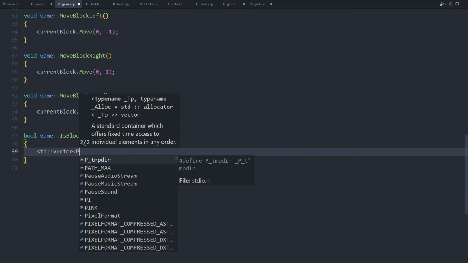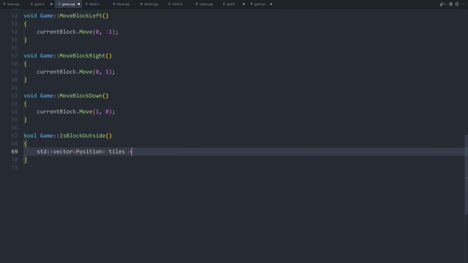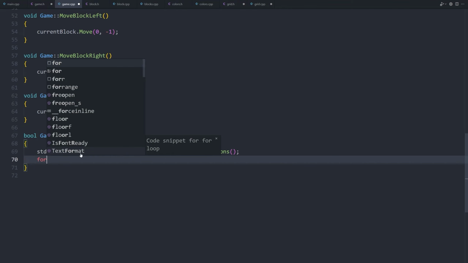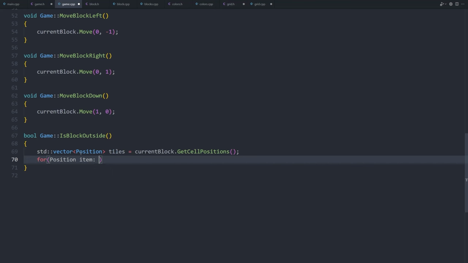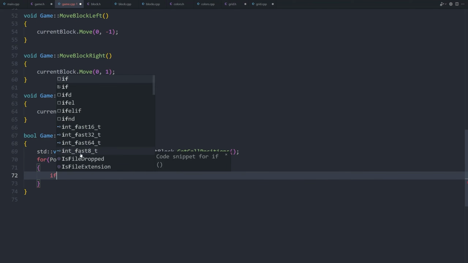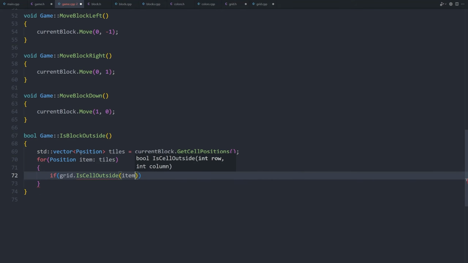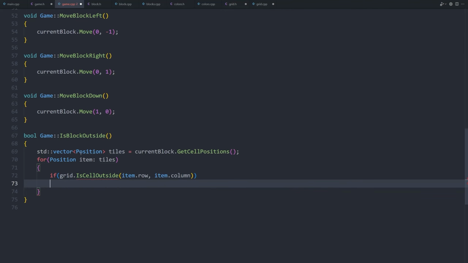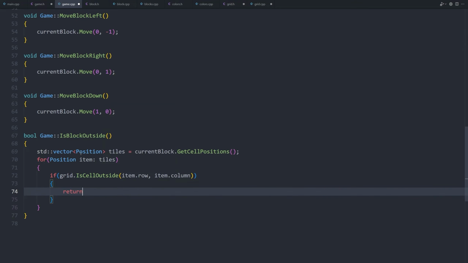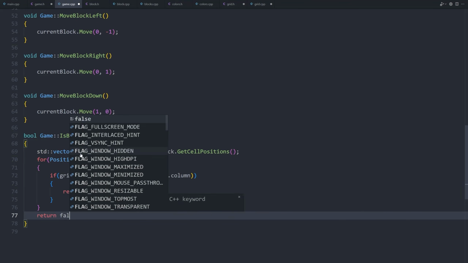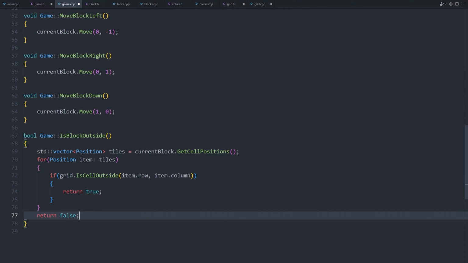std::vector<Position> tiles = currentBlock.GetCellPositions(). Now we need to check if any tile of the block is outside of the grid. For (Position item : tiles) { if (grid.IsCellOutside(item.row, item.column)). If the tile is outside of the grid, return true, else return false. Our method is ready. Now we can modify the move block left, move block right, and move block down methods